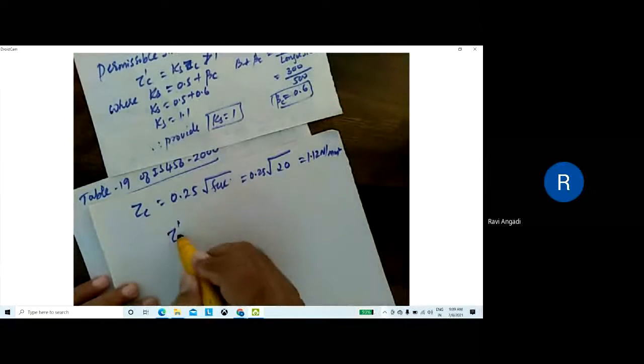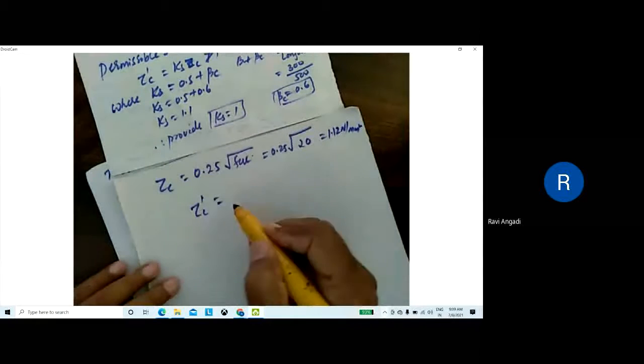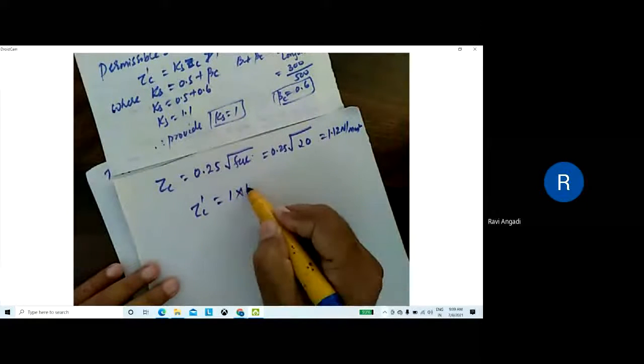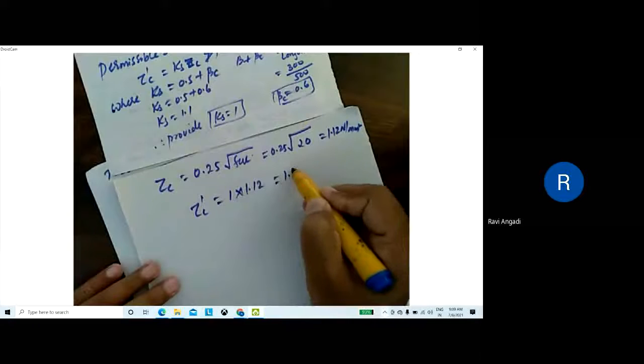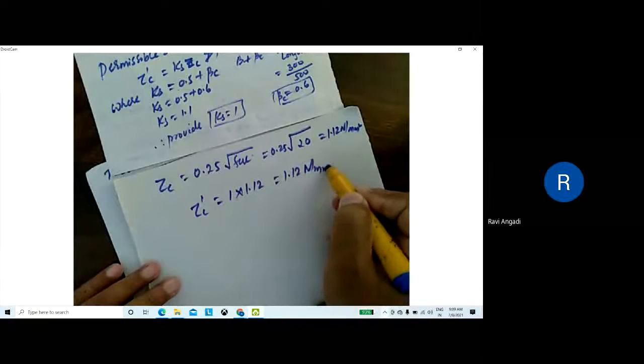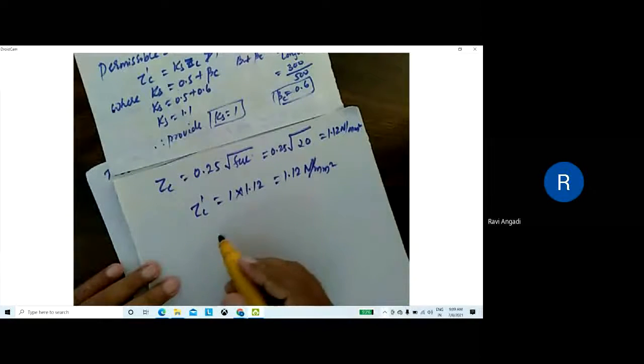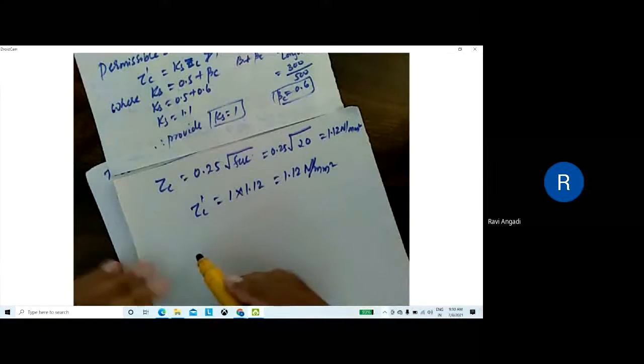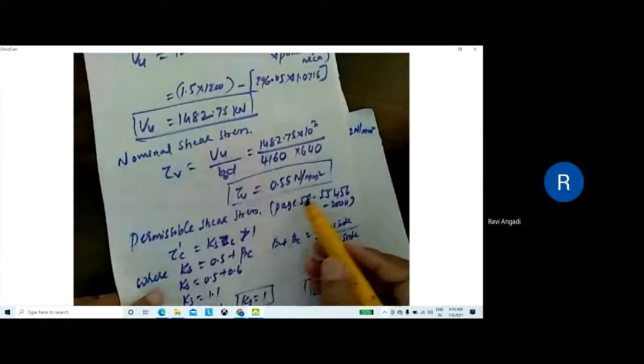Then calculate tau c dash: substituting Ks as 1, the answer is 1.12 Newton per millimeter square. Finally, we have obtained it. Then compare this with the tau v value. So what is the tau v we have obtained?